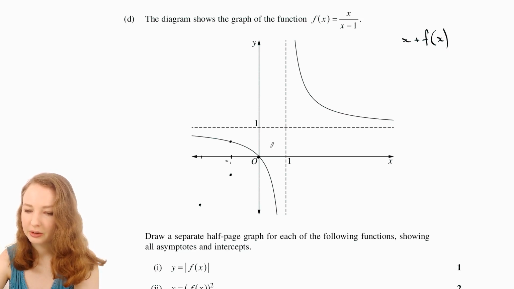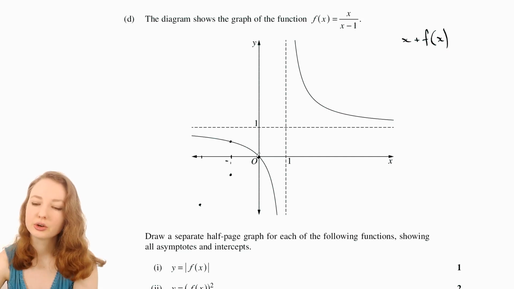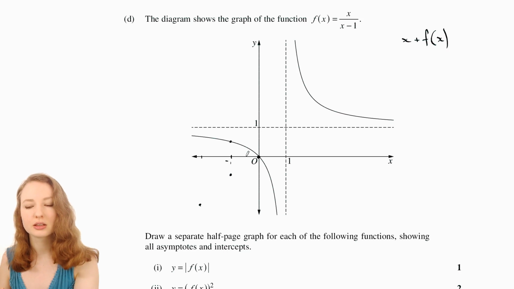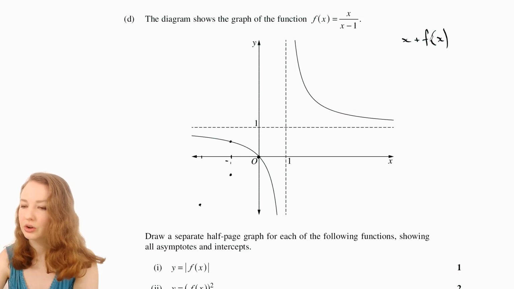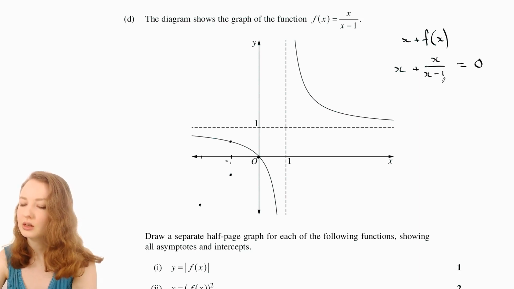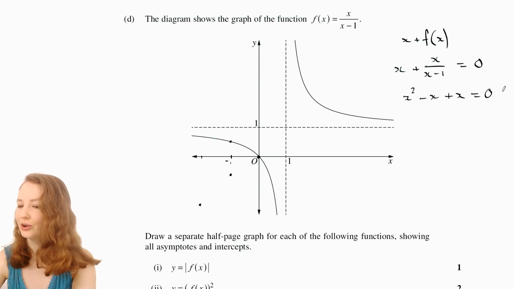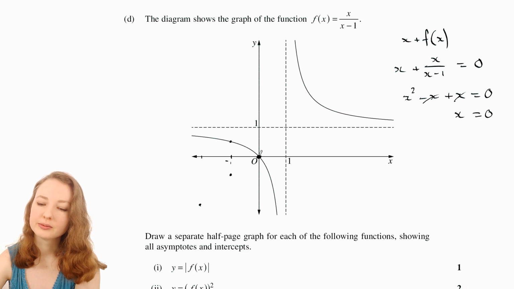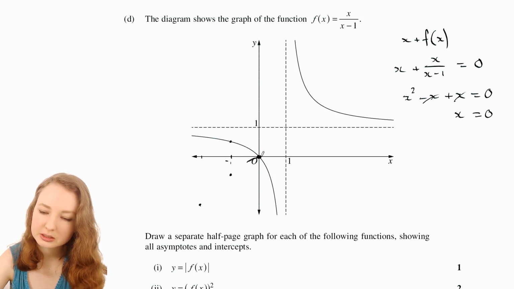For values in here, it's hard to see: are they going to go above the x-axis or stay below? Maybe it's going to go above the x-axis here, like that. So let's see if there are other intercepts. Let's go x plus x on x minus 1 equals 0. Multiply both sides by x minus 1: x squared minus x plus x equals 0. Those cancel, and then you just get x equals 0. So there's actually just that one intercept there, and it doesn't go above the x-axis at all, it just stays like that,